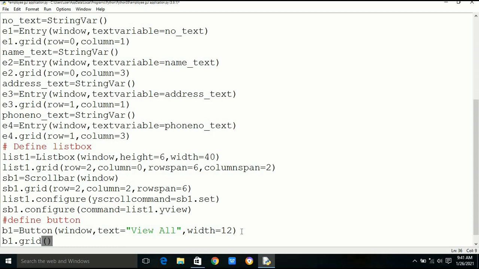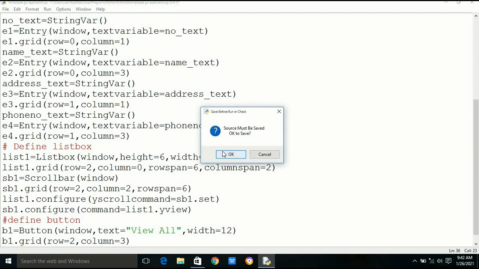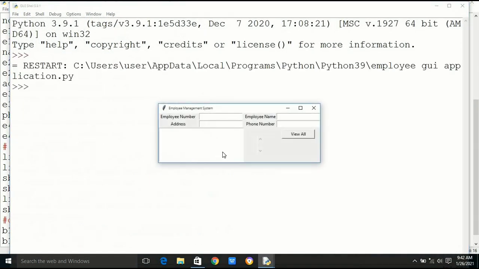There are 6 buttons. For that we have to write the same code 6 times. After creating the first button, we can check the position of the button in the form, and it looks good enough. Then we'll create rest buttons.